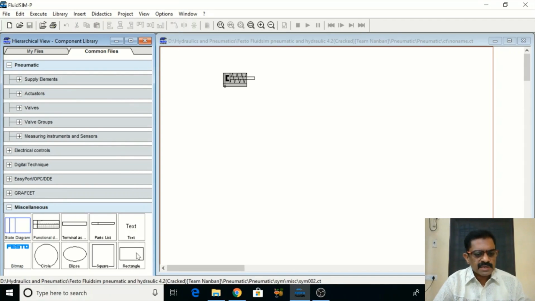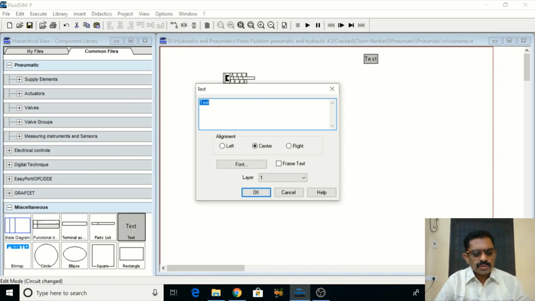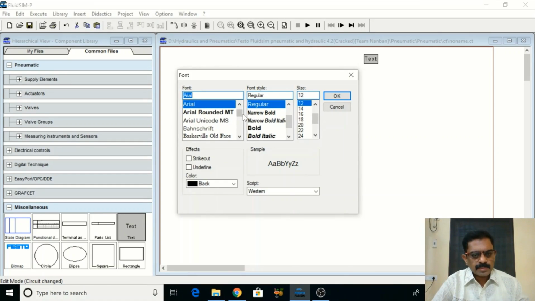So go to the miscellaneous text box. So here I want to write A plus and A minus. A plus, A minus. So it is the simple operation we can perform here. So let me choose font, and some font, it can be anything.